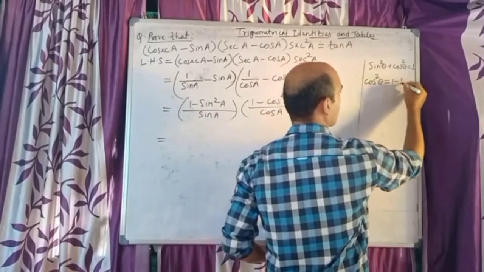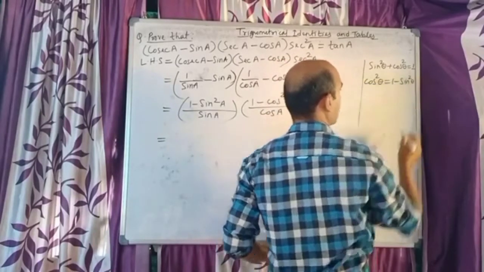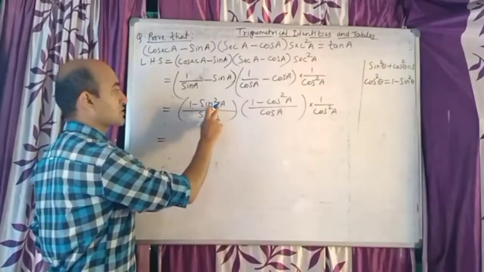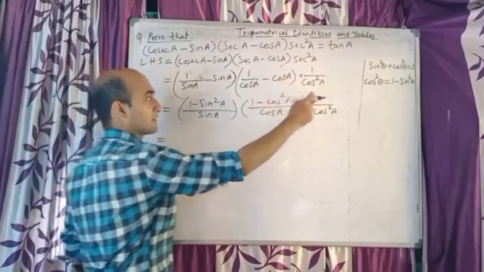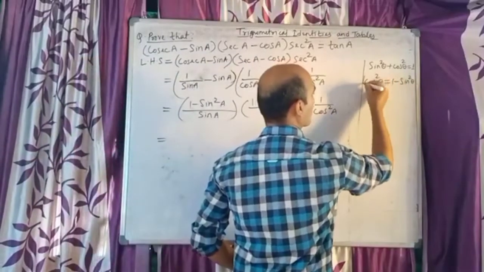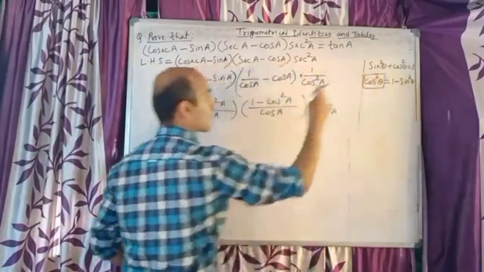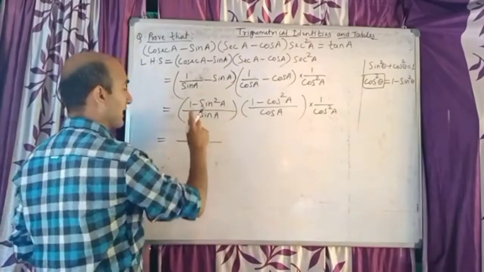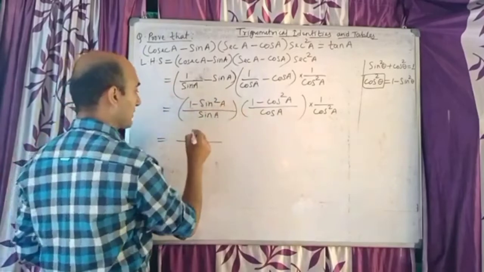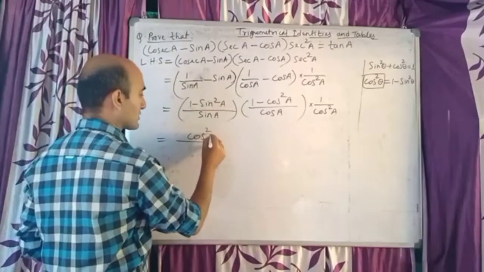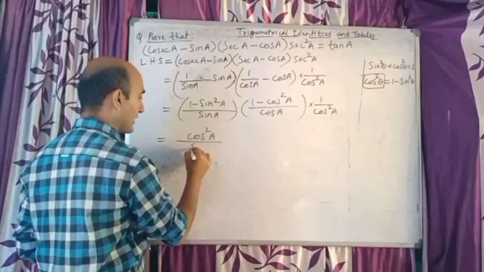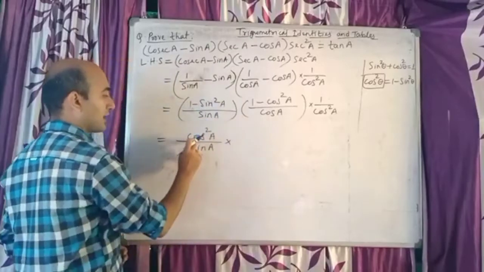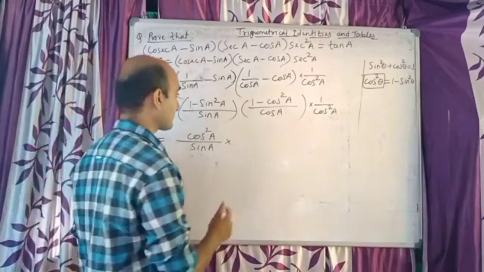It will become 1 minus sine square theta. Now you tell me, 1 minus sine square theta, 1 minus sine square a, same thing. So this is formula of whose? Whose formula is this? It's a formula of cos square theta. So today same formula I will use here, and 1 minus sine square a will become cos square a, and below we have sine a. So this became cos square a.